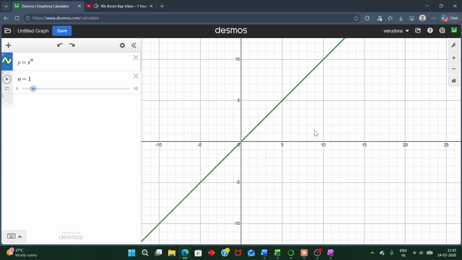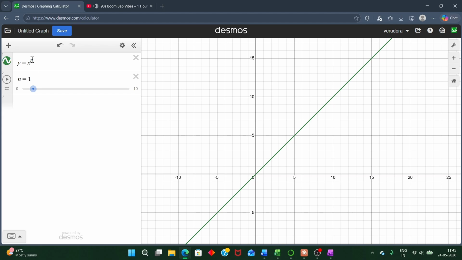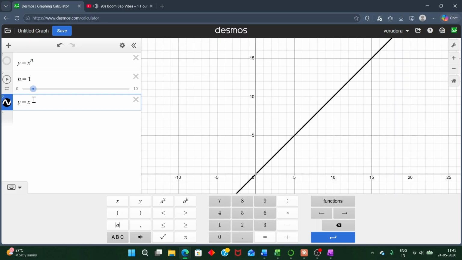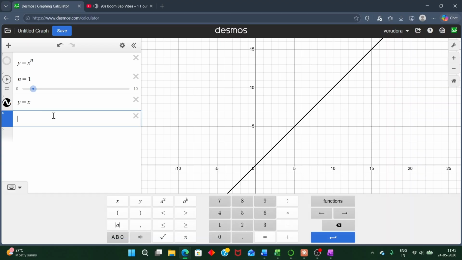And the next most basic polynomial function is y is equal to x. Here n is just 1, so y is equal to x. And as you can see, this is a straight line. And this is perfectly symmetrical across this half and this half. And why that's important is that all inverse functions are symmetrical about this line. For example, if I were to